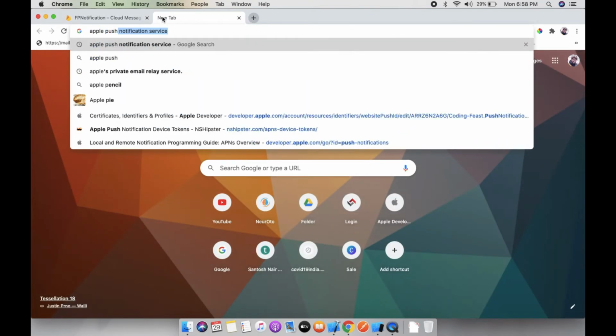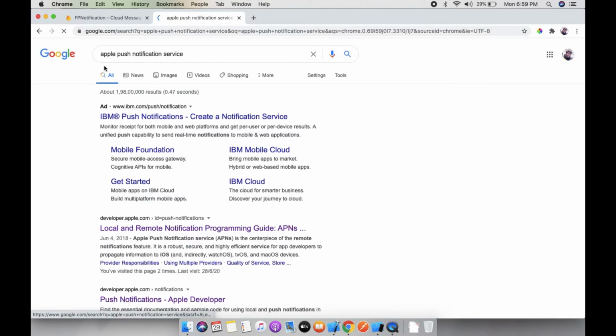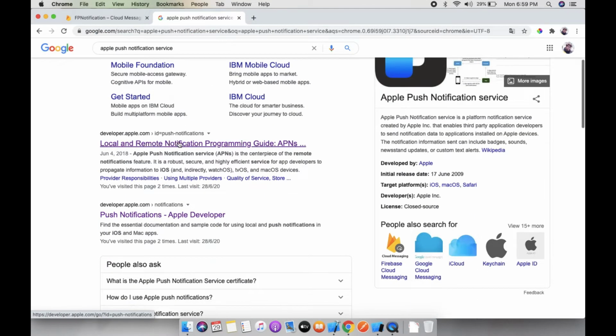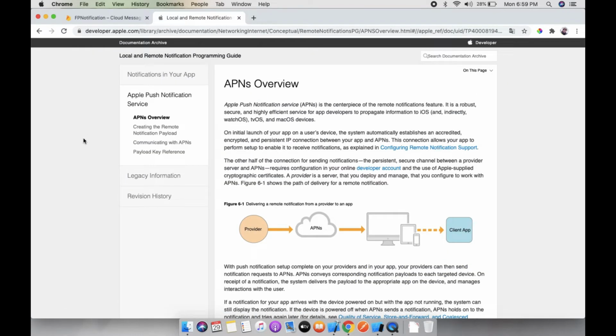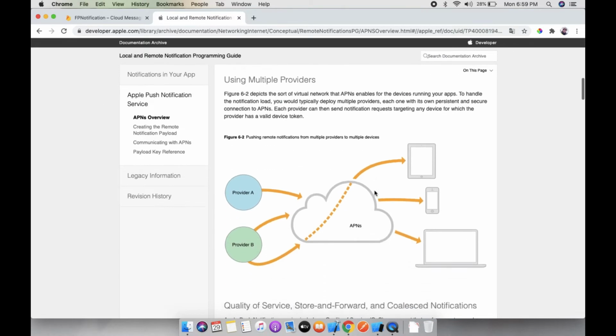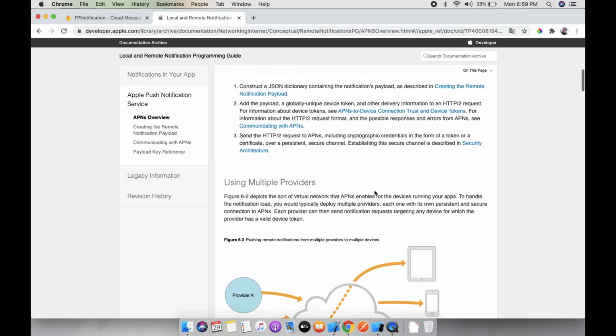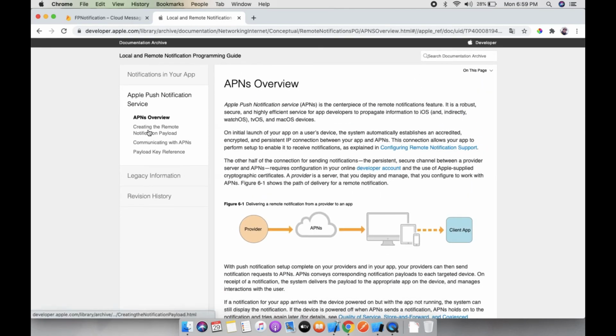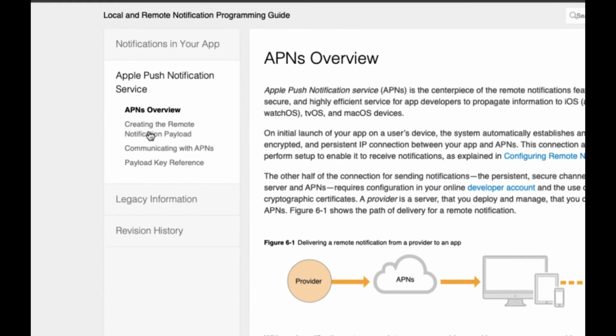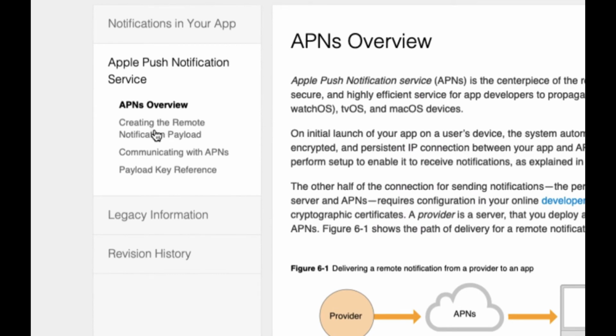Now you can open the Apple push notification service documentation. This is the local and remote notification programming guide by Apple. Let's open it. Here the document is open, and you can see about Apple push notification and how APNs works. And here you can see create a remote notification payload.